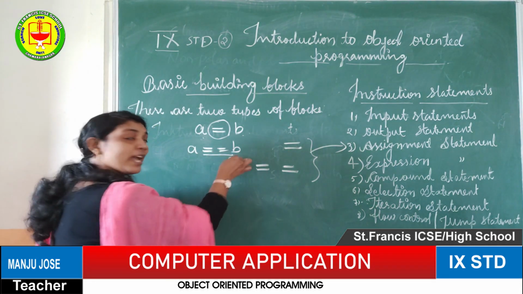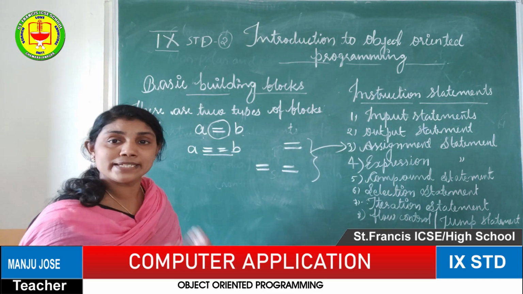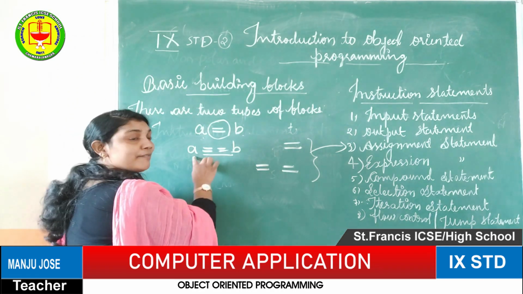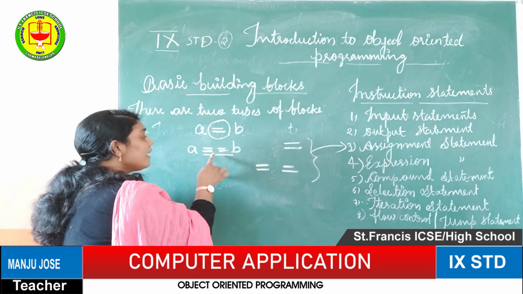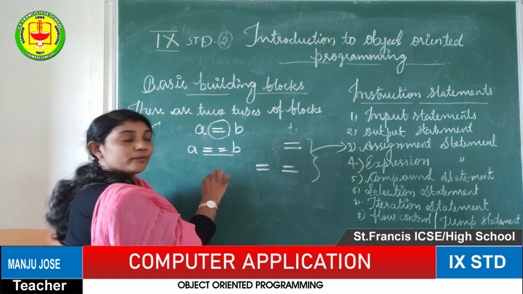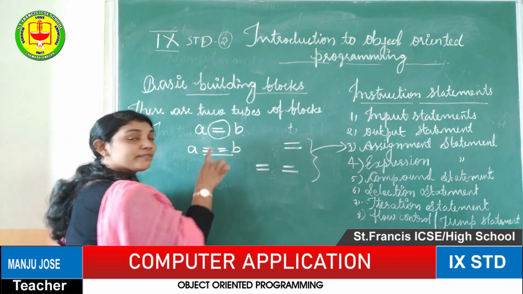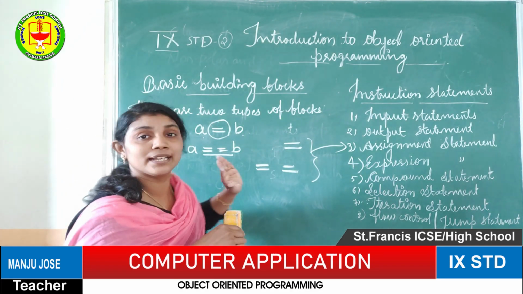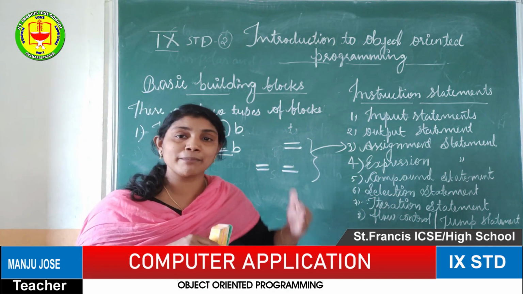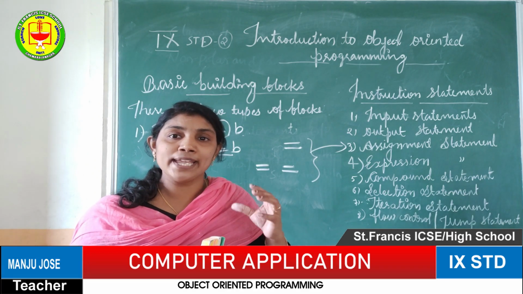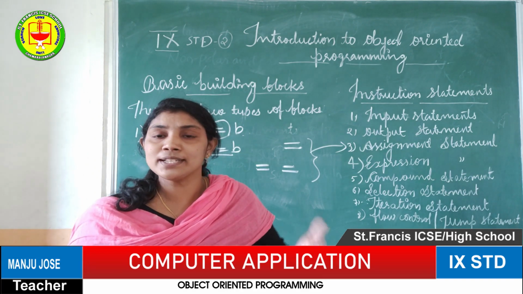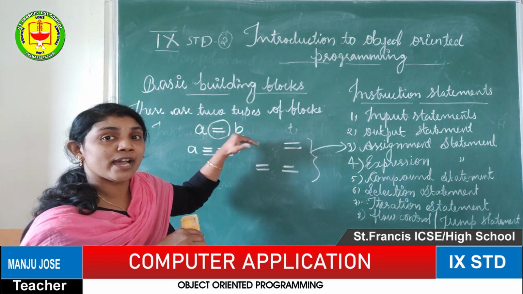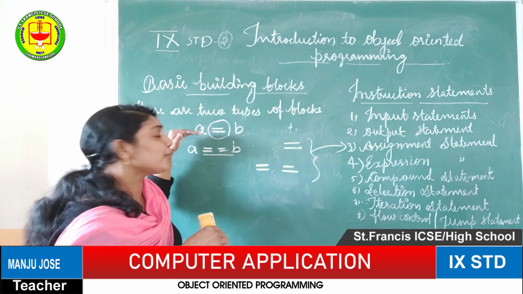The second one is also an assignment operator, or assignment statement, but the intention is different. Here A and B have two different values, and we are checking whether LHS and RHS are equal or not. Usually in mathematics we use the single equal to. A = B in mathematics means whether the value of A equals B or not. But in computer science, A = B means the value of B will be assigned to A.